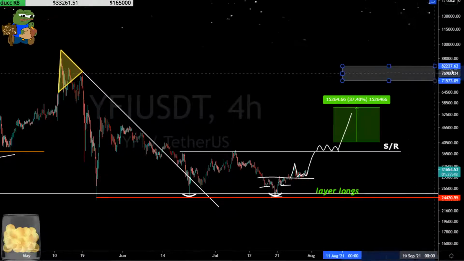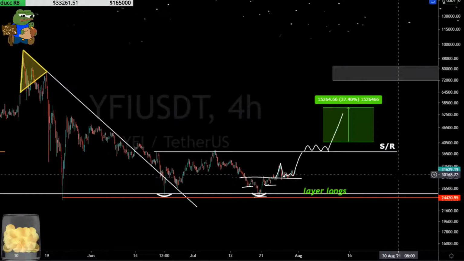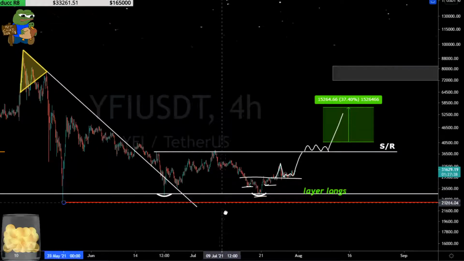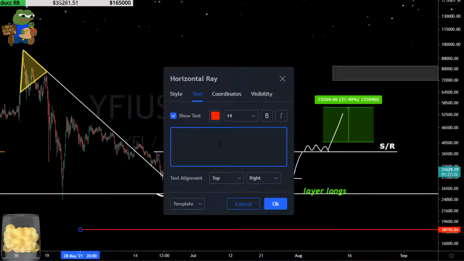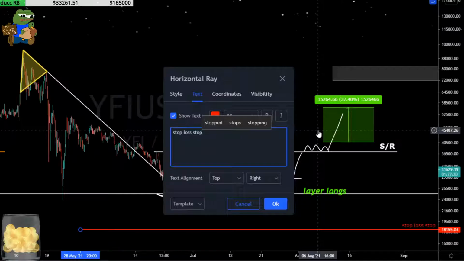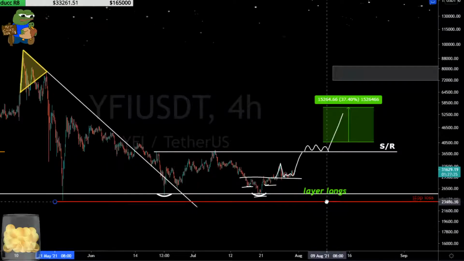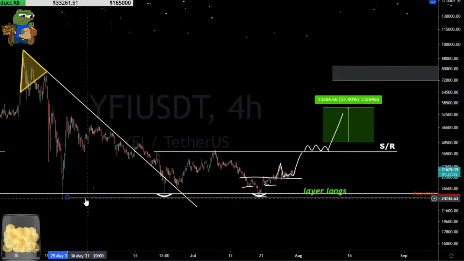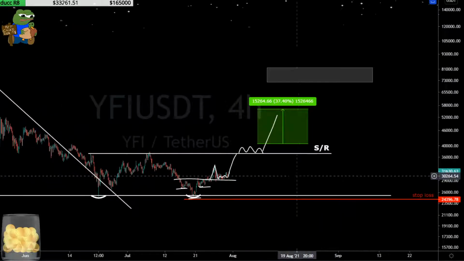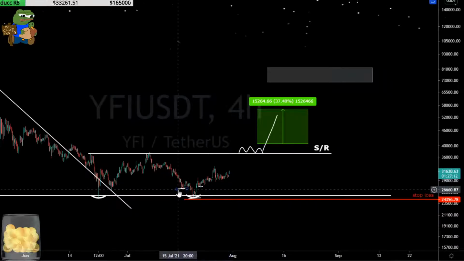If it continues to play ball, right, and everything doesn't just decide to completely nuke, but it doesn't appear that that's the case, right? This is a really clear point of invalidation right here, where you can have your stop loss below these lows, okay? You could really just be below this head here, right? So looking good here so far on Wi-Fi.